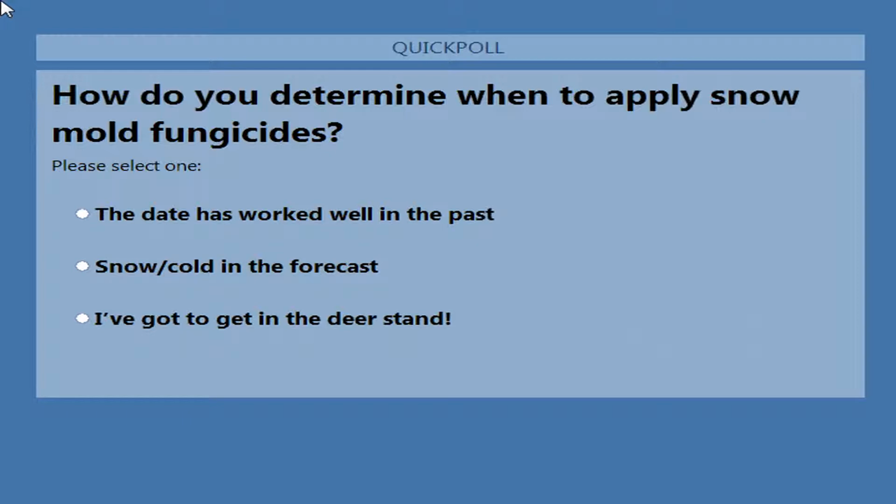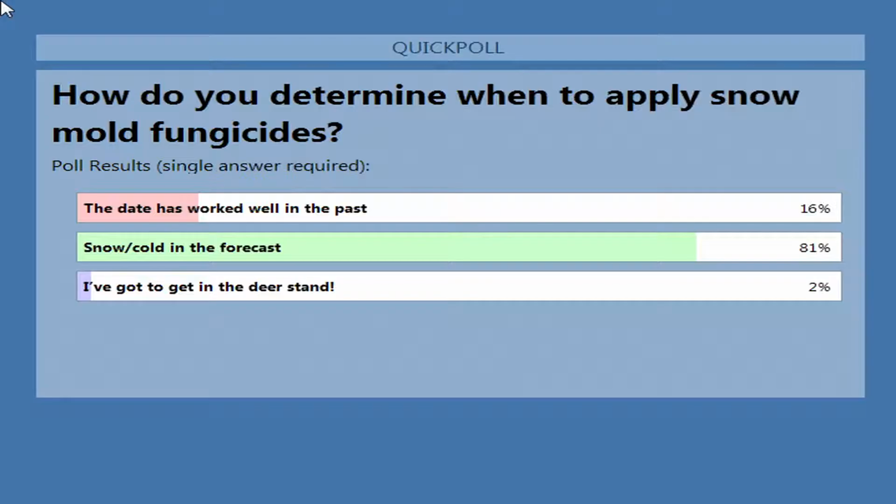And this year it's been mostly cold, but in past years we've had very cold snaps in October and early November. Everybody rushes to get their snow mold products out, and then it's 65 and raining come the first week of December. So really determining when to time that snow mold application is tricky. And so I'm curious to see what people have to say on this timing topic,